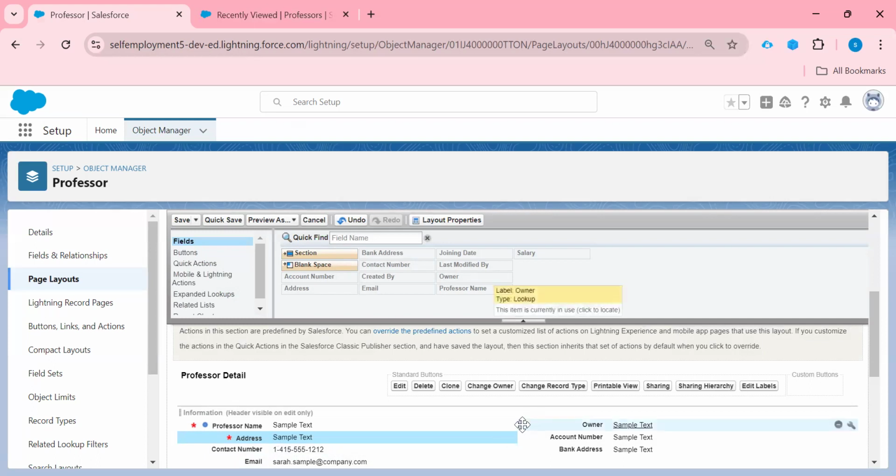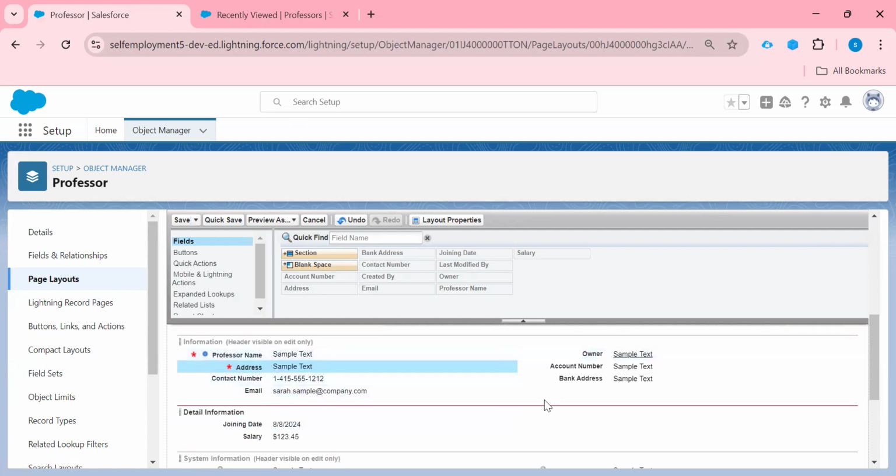Those things are applied only in the front end, not the back end. Means if you make a field required here, when you enter data from the UI, this field will be mandatory, but when you enter values from API or Apex coding, it will not be a mandatory field, right? So these changes are applied only on the UI.